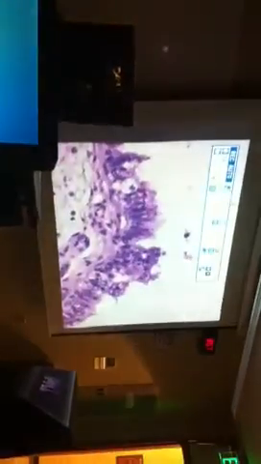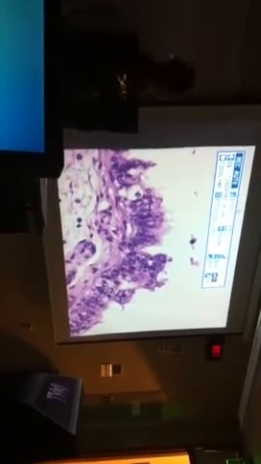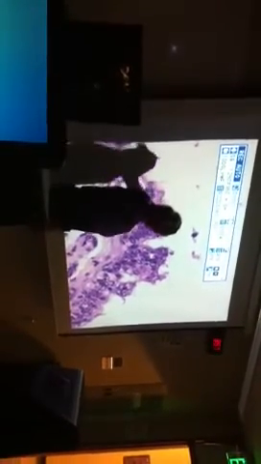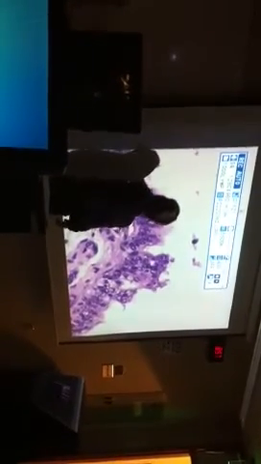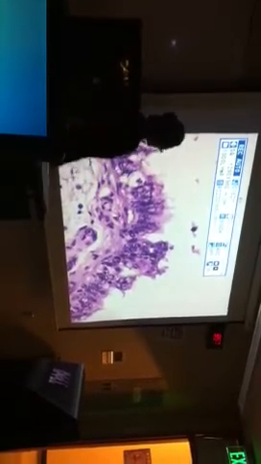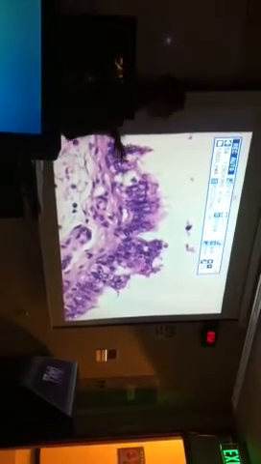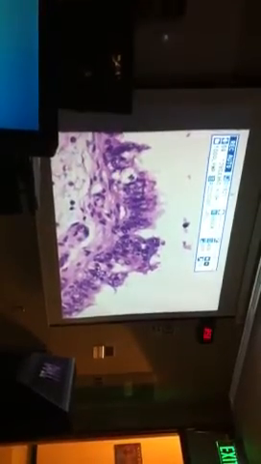Now if I increase it up to 40x, again, you can see the wall is not real thick. You can see these are the microvilli coming off here. So for the testes and the epididymis, it's better to show it at like 10x or 40x, because then you can really see these cells that are lining the lumen. So if I switch that and go over to the testes now,